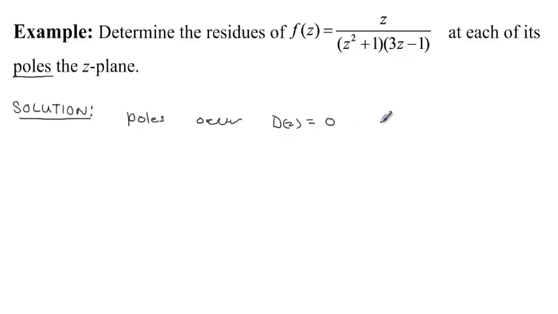For a rational function like this one, f of z, we'll consider this f of z as made of two polynomials of z, the numerator n of z over d of z. So in order to determine the poles, we need to set an equation of this form which says d of z is equal to 0. In this particular case, we've got z squared plus 1